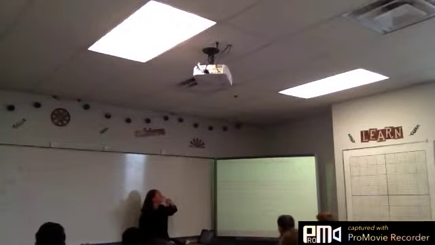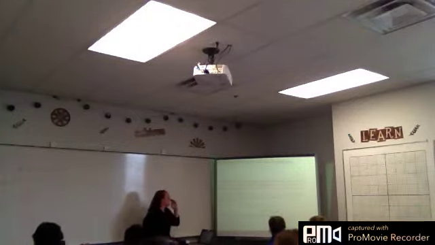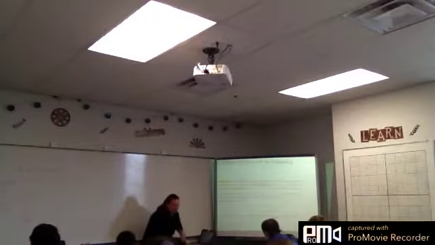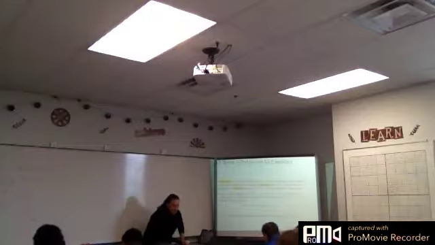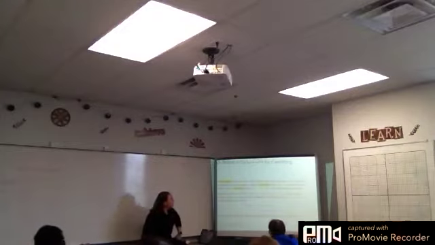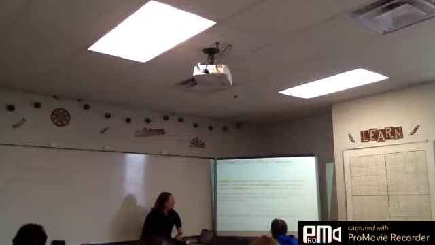Okay, so 4.3, we're gonna solve by factoring, okay? So, a monomial is an expression that is either a number, a variable, or the product of a number and one or more variables. A binomial, such as x plus 4, is the sum of two monomials. A trinomial is x squared plus 11x plus 28. It is the sum of three